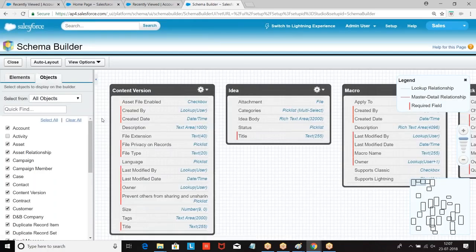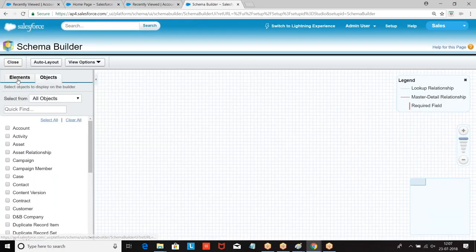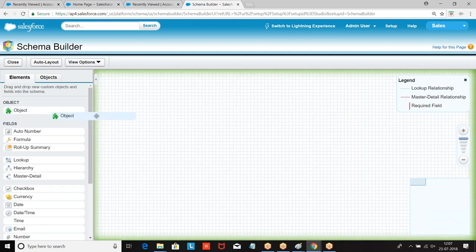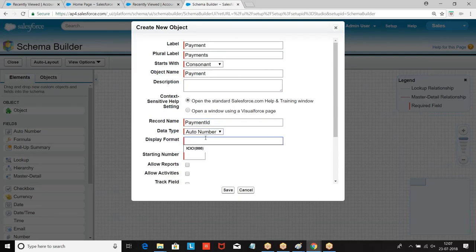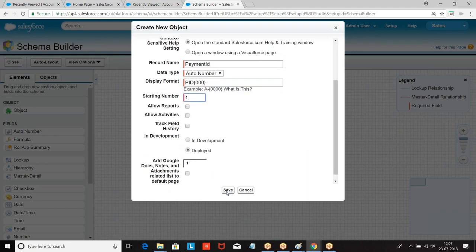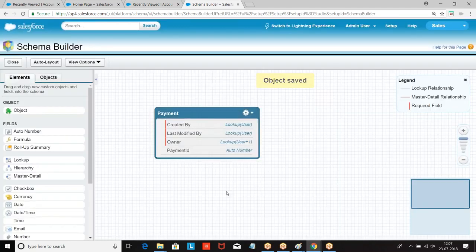The schema builder is open. Elements, object, drag and drop. Done. Object is created. What was that? Elements.